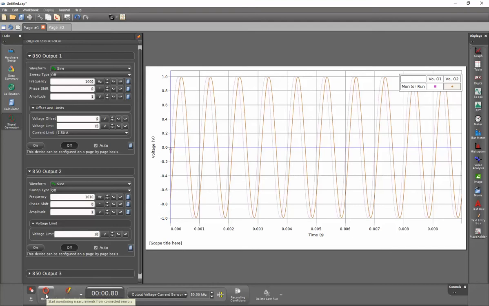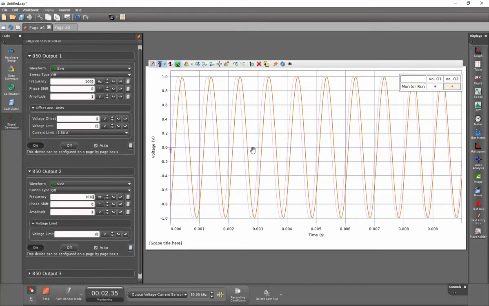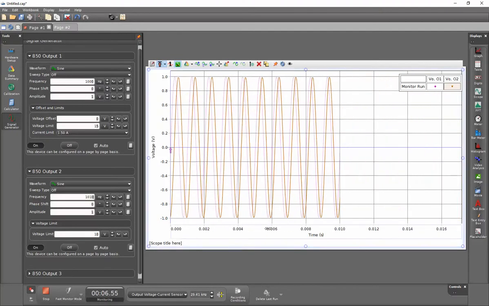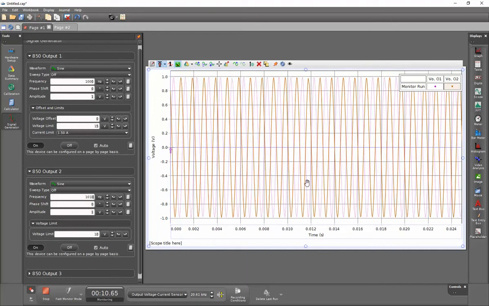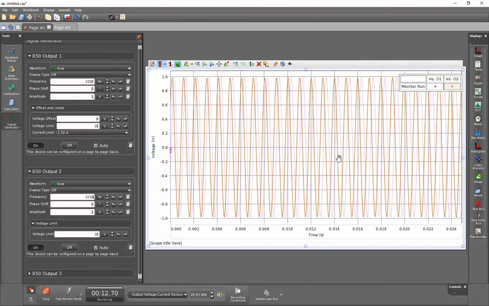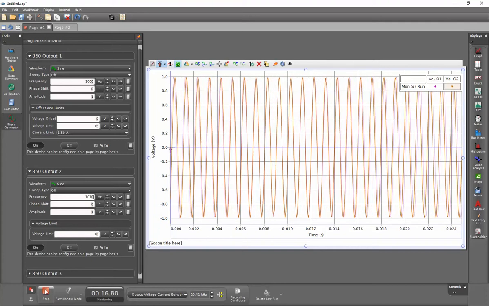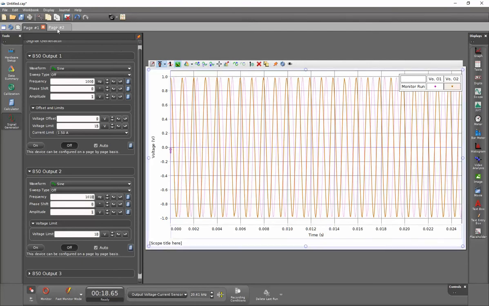We'll go ahead and hit the monitor mode again. And we can see that these waveforms are marching past each other again. Let's go ahead and shrink down this waveform here so that we adjust the sampling rate, and also so we have more waves that are visible. We'll go ahead and stop data collection, and we'll go ahead again up to the export data feature. We'll go to page 2 again,